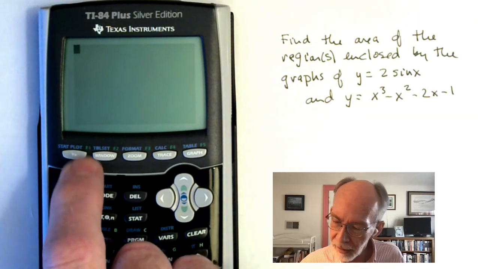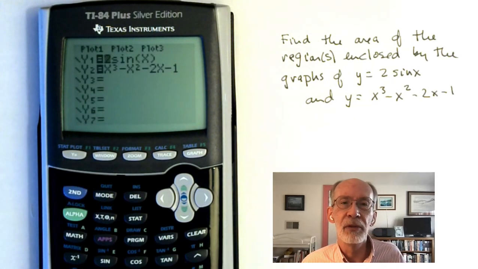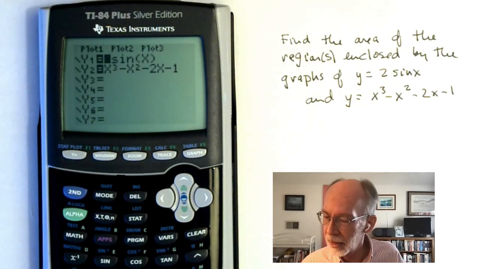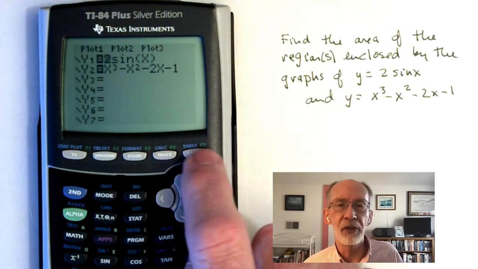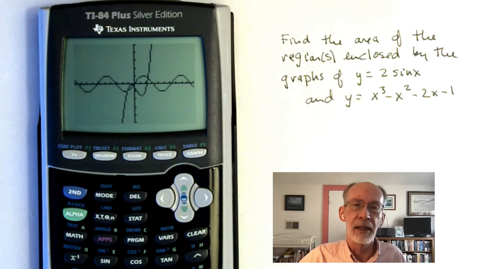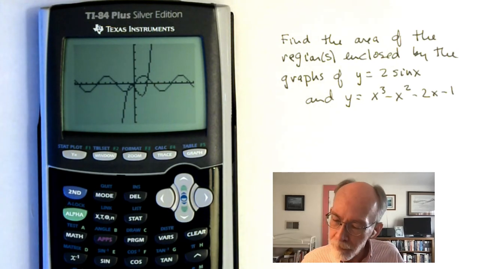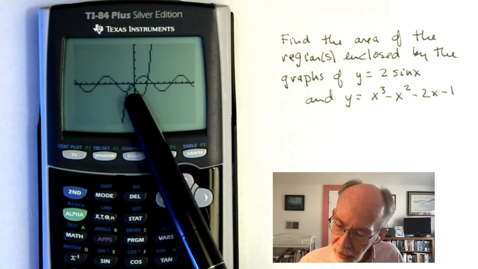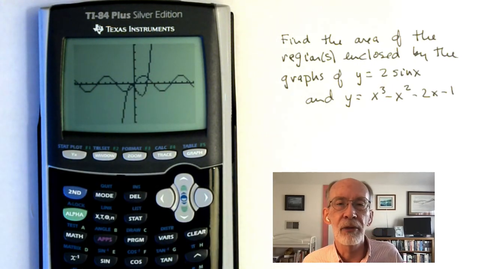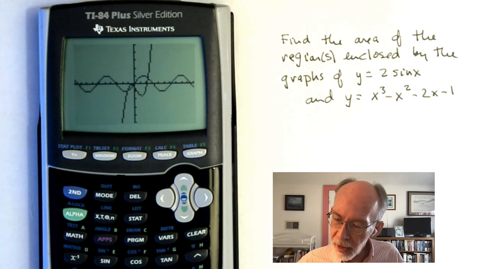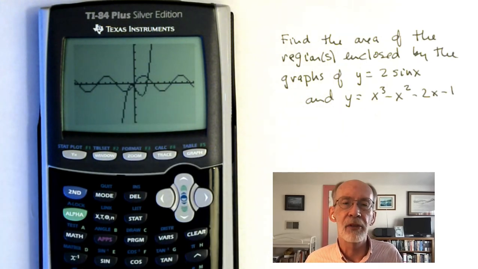So I have on my calculator the two functions entered as y1 and y2 respectively. And I'm going to just start by graphing them in the standard window, -10 to 10 in both directions. And as you can see, there's a little bit of a region that's enclosed by the two graphs there in the third quadrant, and then a somewhat larger region that straddles the first and fourth quadrants in the neighborhood of